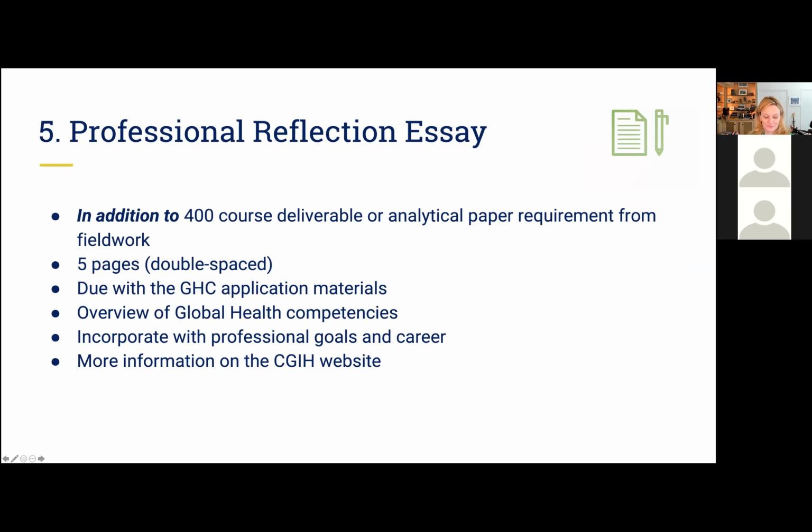But I think this 5-pager is a separate sort of reflection on your time at your internship in global health or immigrant health, and sort of speaking about the skills acquired, the challenges and meaningful encounters during the internship and how they impacted your professional growth in public health. So anyway, instructions for that are absolutely on the website. You can always contact us, as Dr. Amoyne has been saying, with any specific questions about the content of your paper, what you should and should not include.